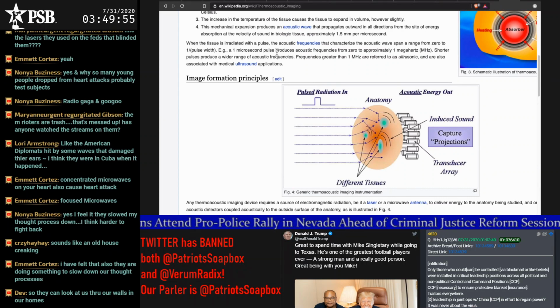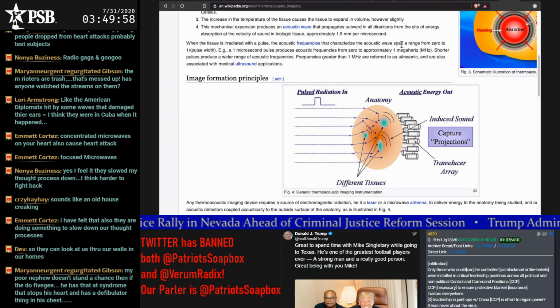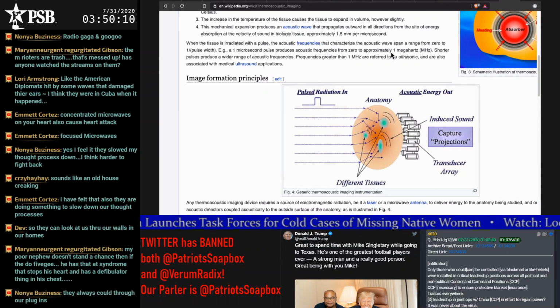So they can pulse in microseconds and generate the entire audible frequency, sound waves in your body, including infrasound, which is below 20 hertz or 30 hertz. Infrasound is 1 to approximately 30 hertz. And from 30 hertz up to approximately 20 kilohertz is audible sound. That's the range that humans hear in. Anything above 20 kilohertz is considered ultrasound. And 20.1 kilohertz, 20.001 kilohertz, up to 1 megahertz